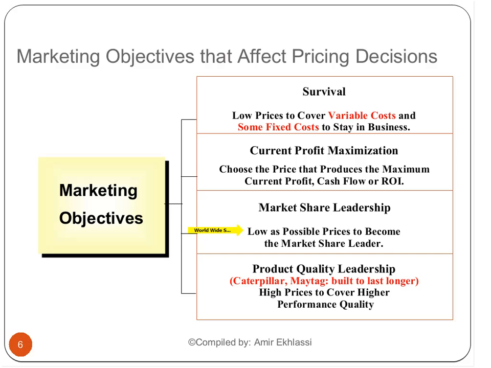I can go to the next concept: product quality leadership. What does it mean? Sometimes you prefer not to be the market share leader. Sometimes you choose to be a product quality leader, and you want to position yourself in your target market so that people know your company as a company with high quality and high technology, a high tech company, with high quality in product and in service.